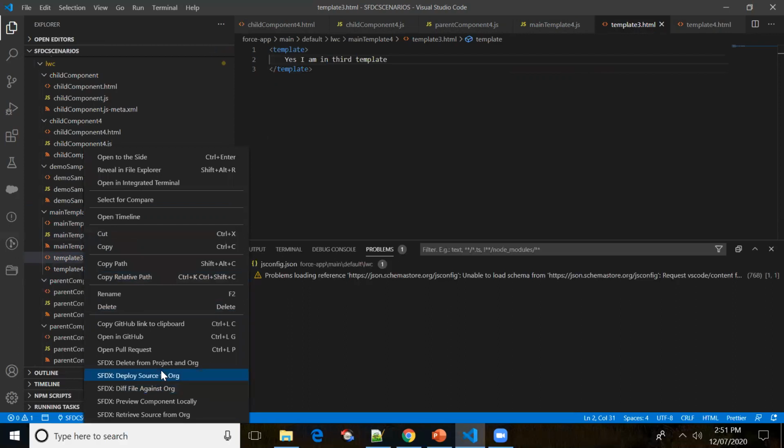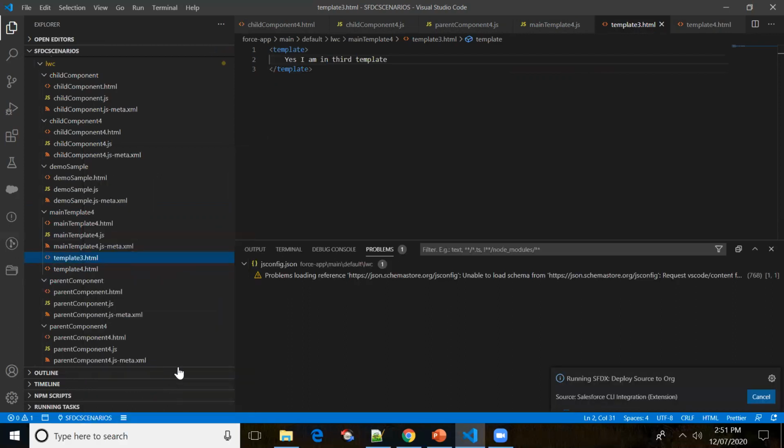Let me deploy this code to the source org. Let me do it for template 3 as well. After this, we'll import template 3 and template 4 in the main template, and then render the template based on the condition.